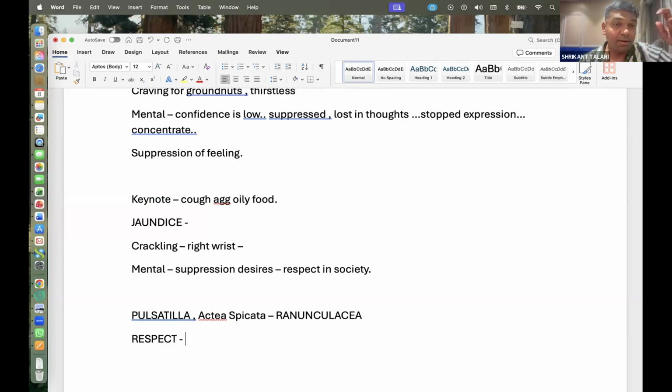Pulsatilla says oily food aggravates, and crackling joint says Actaea spicata. Now, what to do? Which remedy to give? Should we give Staphysagria, Pulsatilla, or Actaea spicata? Staphysagria, because mind is so important. But leaving jaundice and oily foods,